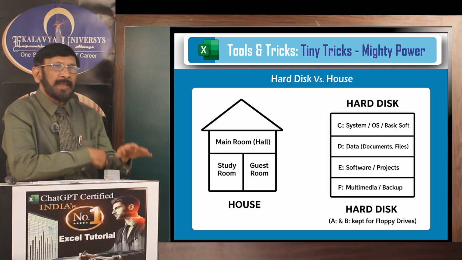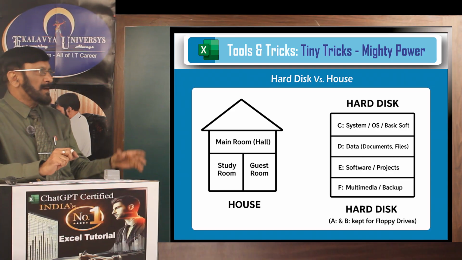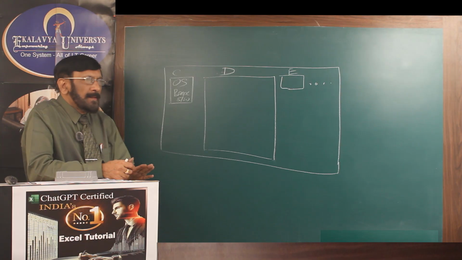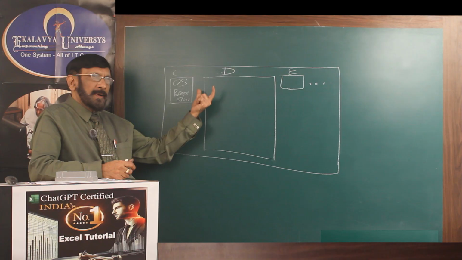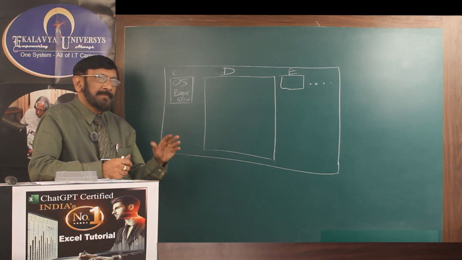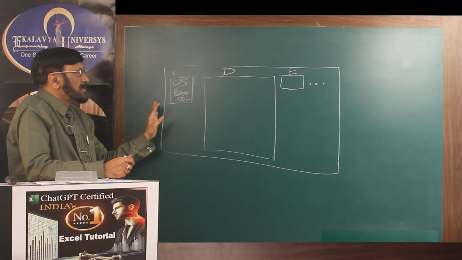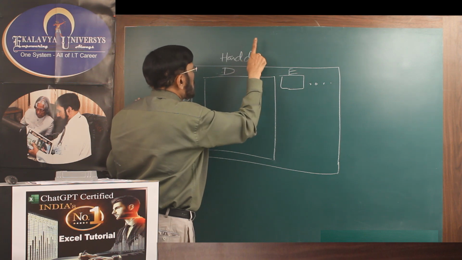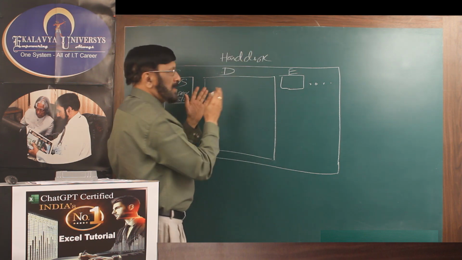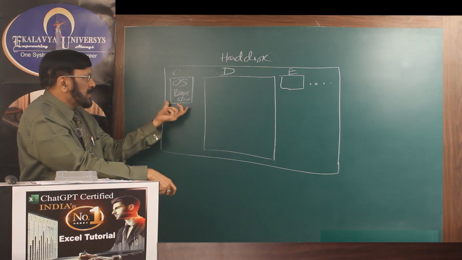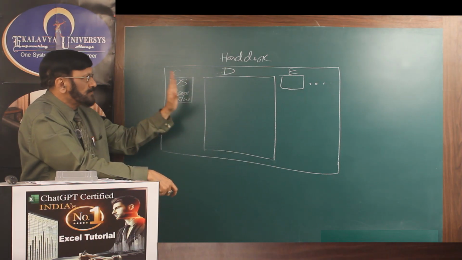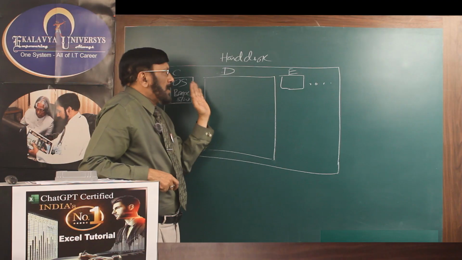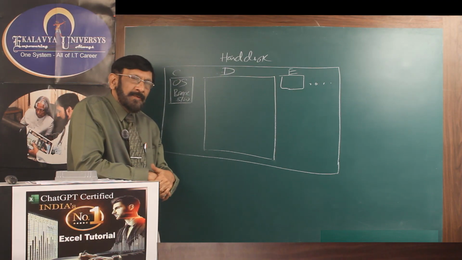Now I will tell you how our file structure works, by drawing on the board, then you can have a better understanding. Now I show you our file management for our programs. By that you can have a complete idea about this. This is your system, or this is your hard disk. This is your system hard disk. It is divided into C. Already I told you there is a core in that, operating system, basic softwares, etc., are stored. Thereafter D, E, F, that depends on our will and wish. Okay, now let us take D for our programs.